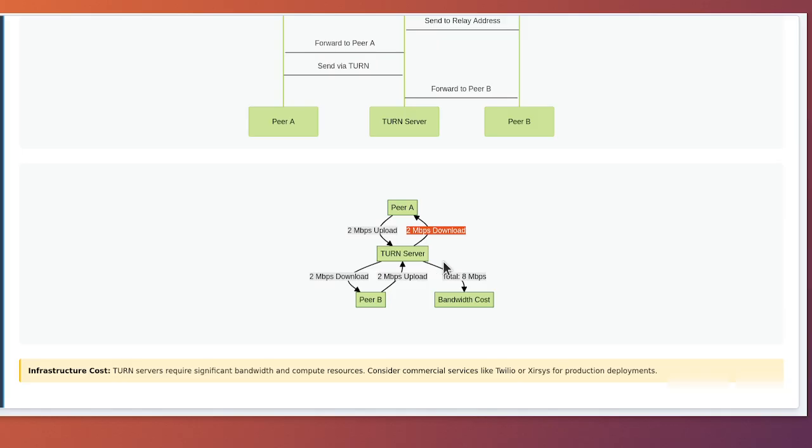This is why TURN servers require significantly more infrastructure investment than STUN servers. You need adequate bandwidth provisioning, powerful hardware to handle the packet forwarding load, and usually redundant servers for reliability. Many WebRTC deployments use commercial TURN services like Twilio's Network Traversal Service or Xirsys rather than operating their own TURN